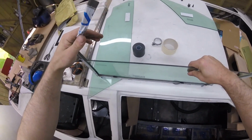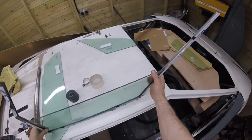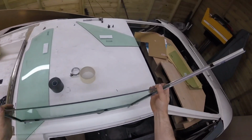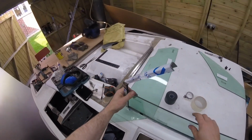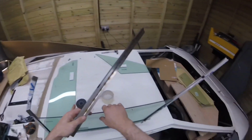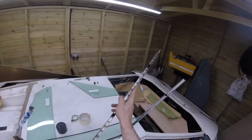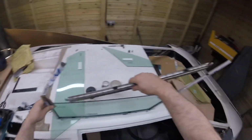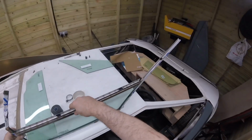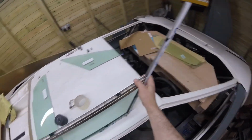So that slides down into there. Jubbly. Okay, and then this is our partition. So obviously the door would be up the other way, but this then slides into there like so,